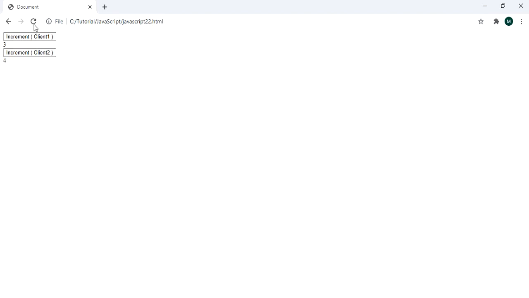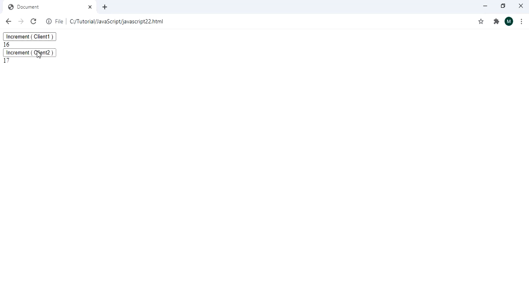So you can see when I am clicking on client 1 increment, it is incrementing the value. It is showing the progress for client 1, but I want client 2 to start from 0, and it is incrementing from the same state where client 1 is.